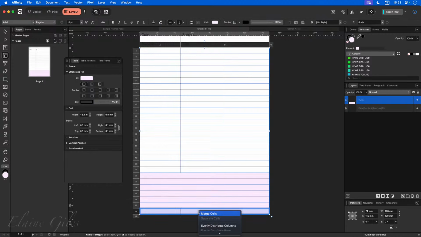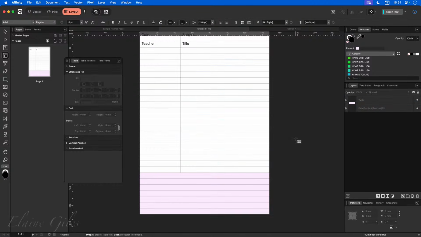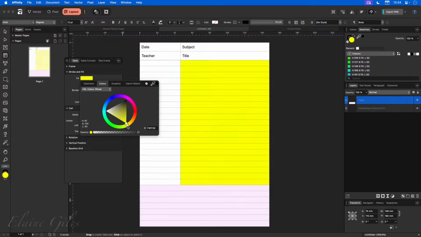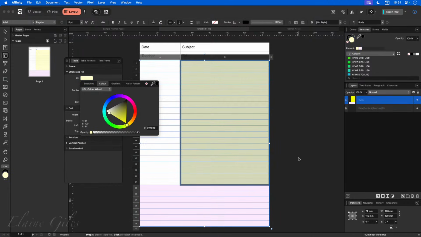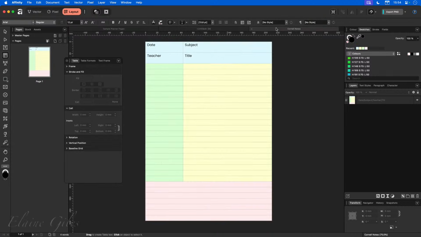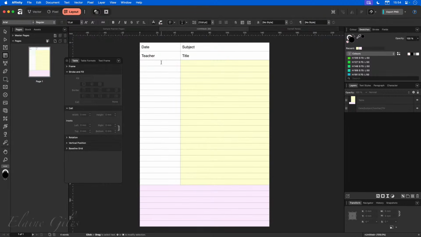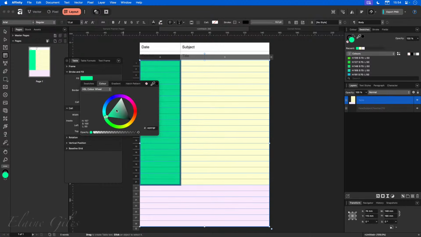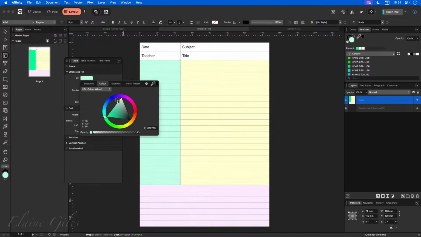Like that. So that's the bottom taken care of. And the only other thing that we actually need to do in here is make a selection of the cells. And then in our table panel, use the fill option. I think that was lemon of some description. Like that. And what was the other colour we had? Green. So make a selection there, apply the fill, make it green, and take it down so it's not quite